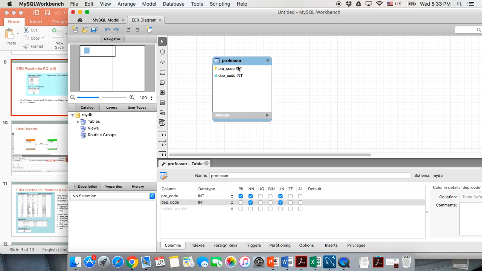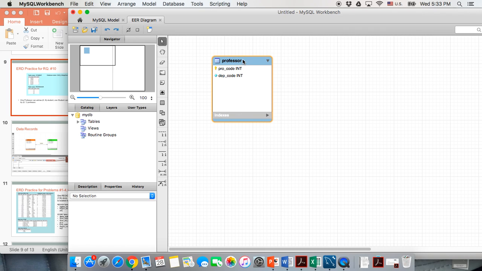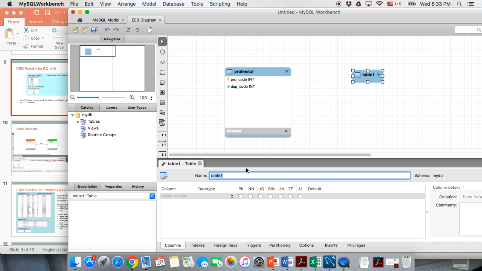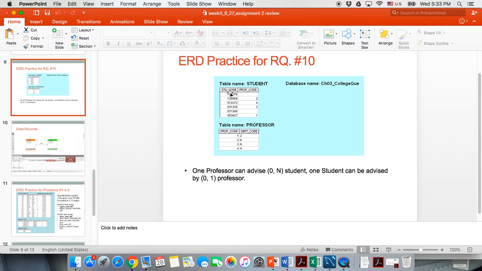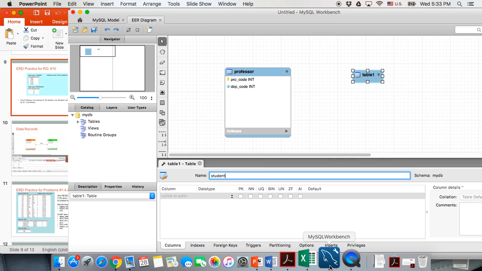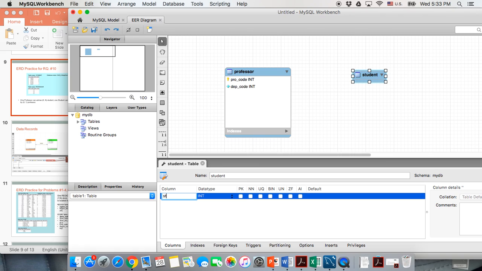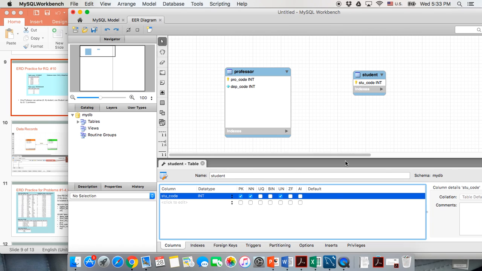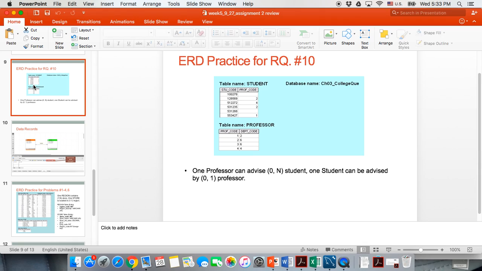And then let's create the student table. The table name is called student, and the first attribute, also the primary key, student code. Primary key, not null and unsigned. The second attribute,